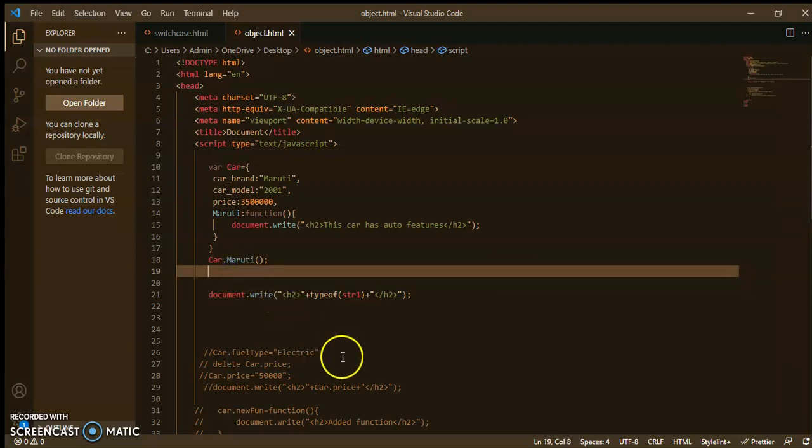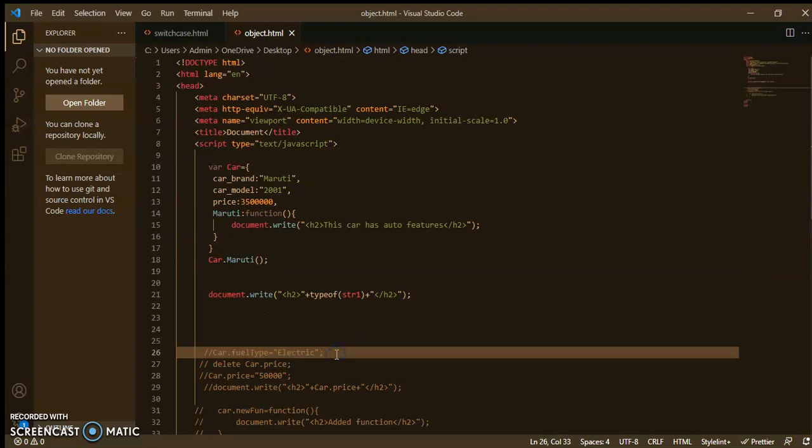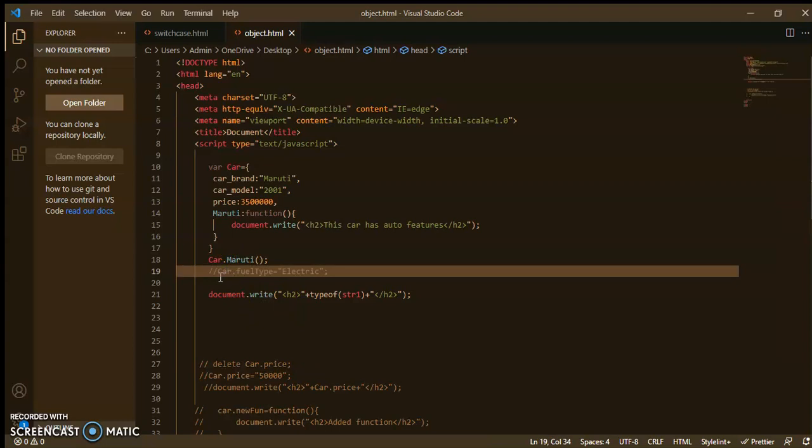Here I have already created this. Using the object name, I am creating a new property inside this object from outside. So car.fuelType is electric.